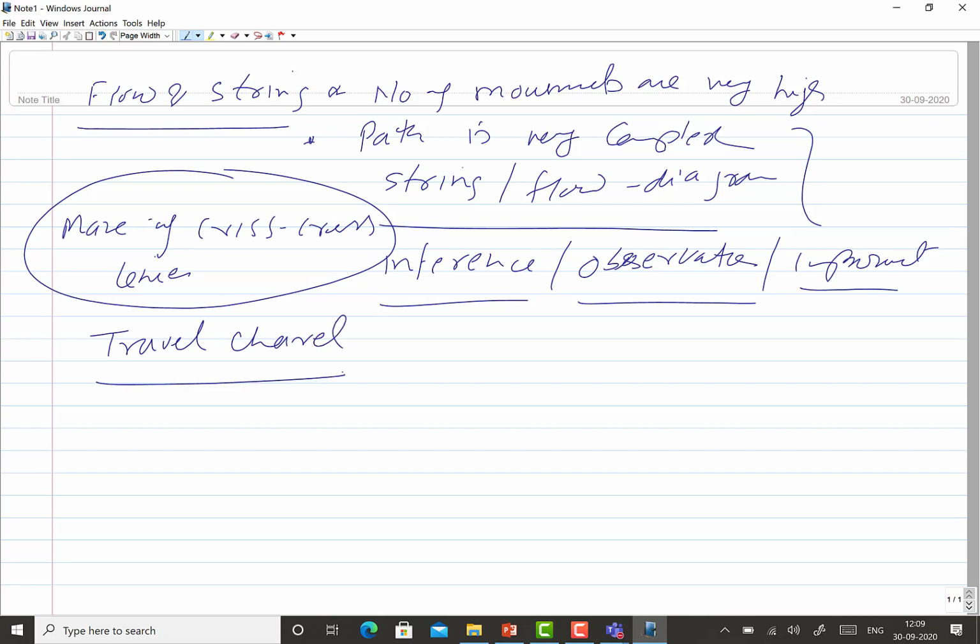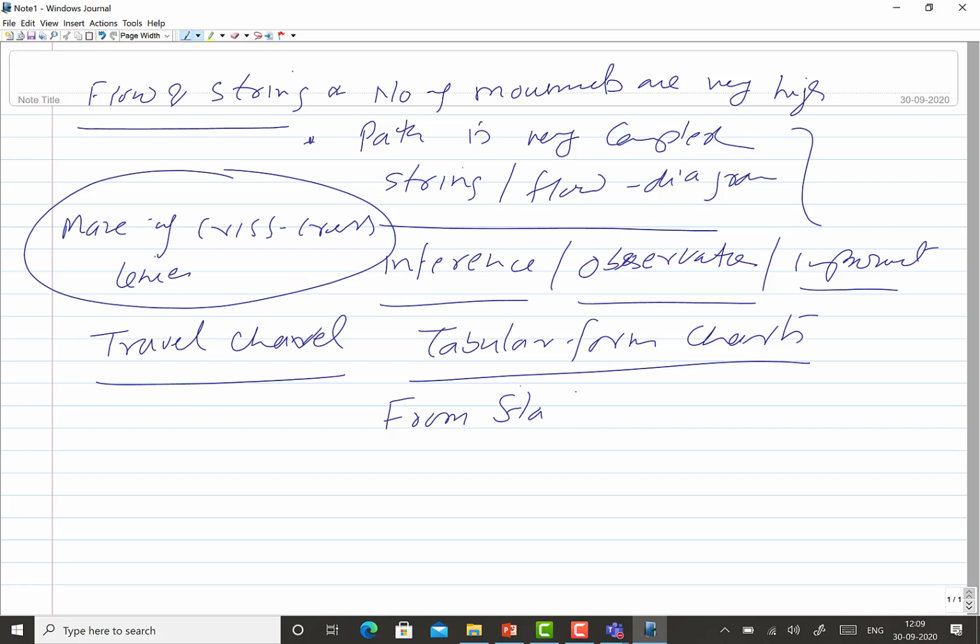The travel chart is basically a tabular form chart which shows all the movements which are taking place, from stations to stations. These are the two main things in this chart.